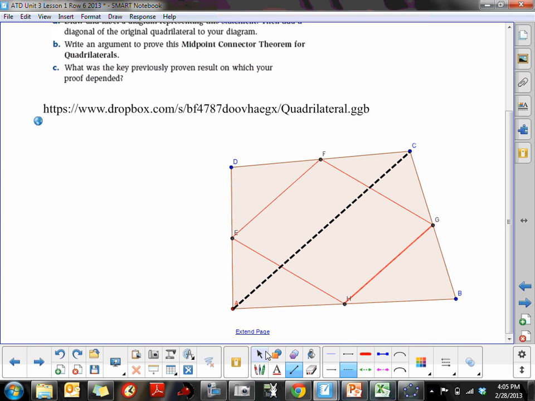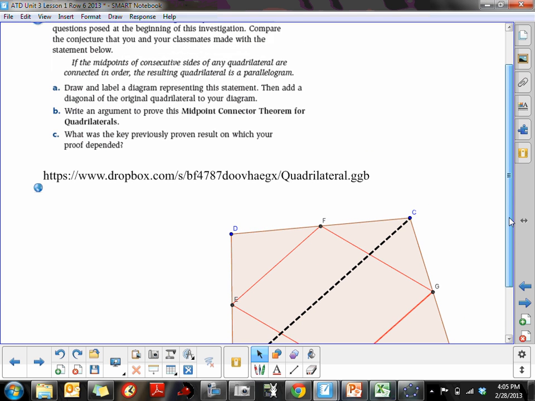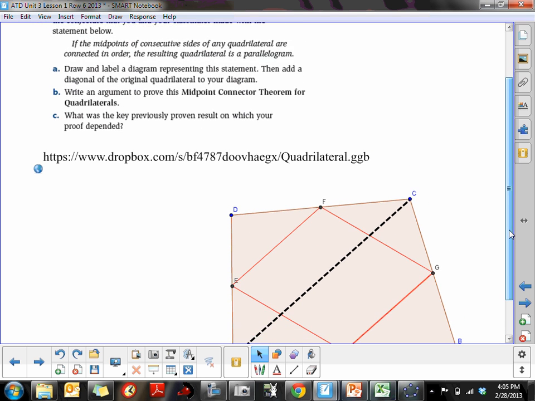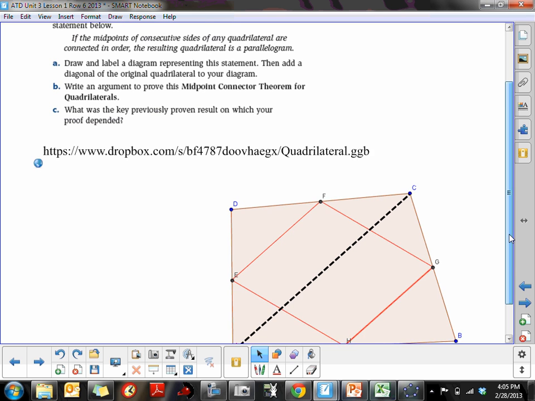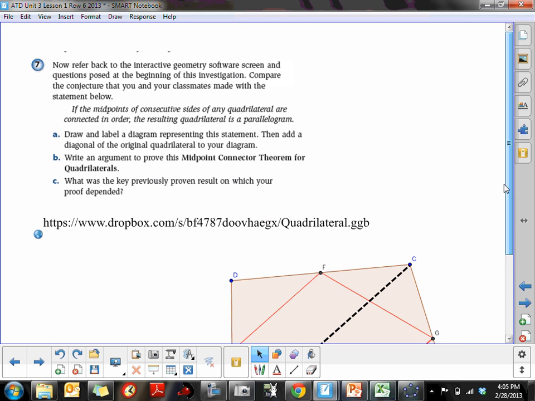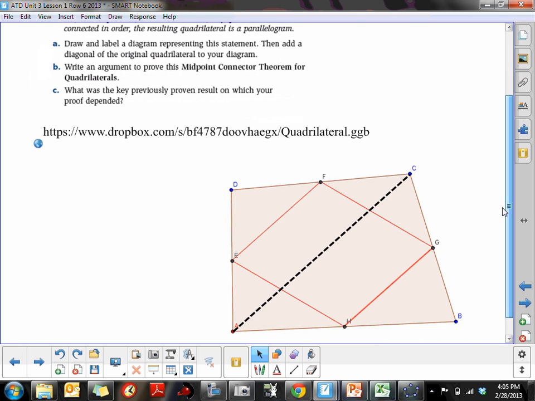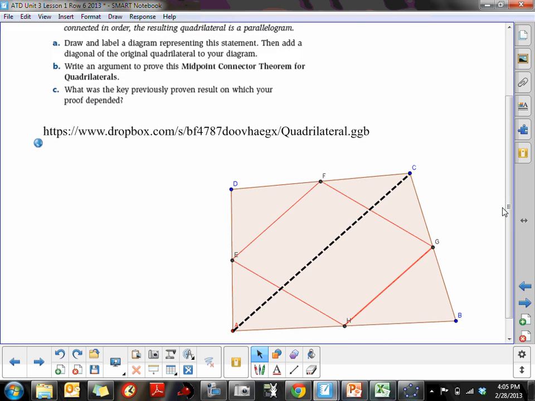We were supposed to draw a diagonal in the original quadrilateral that we started with. Now write an argument to prove the midpoint connector theorem of quadrilaterals, which is what this is. Prove that it has to be a parallelogram anytime you connect the midpoints of a quadrilateral. So this is going to stretch your memory banks just a little bit, because here's what I want you to